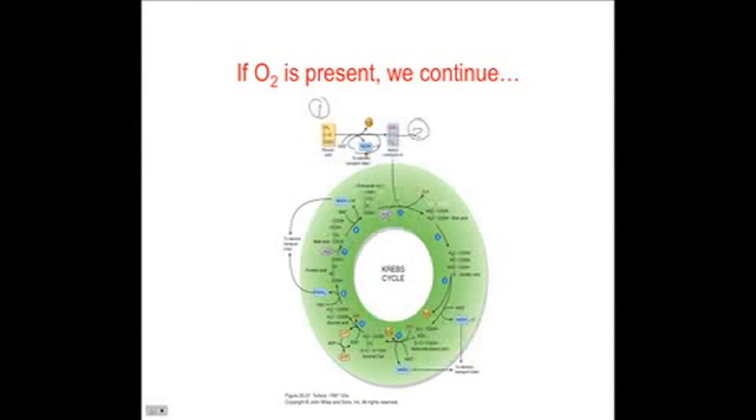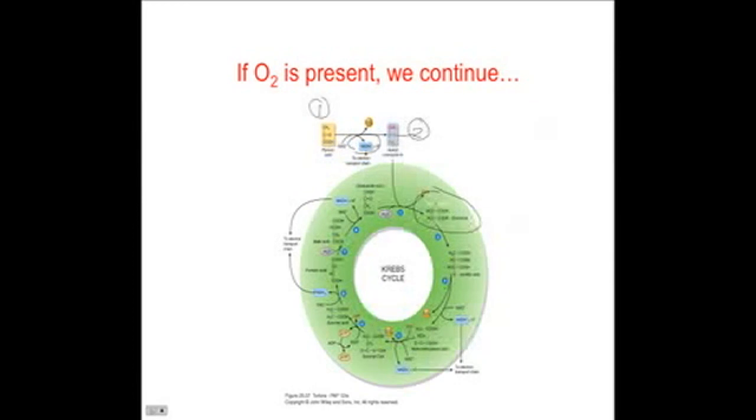Now, here's Krebs cycle, and you can see why it's a cycle, because we start out here at step 1. Acetyl-CoA comes in, and it combines with oxaloacetic acid and makes citric acid. So this is why we sometimes call this the citric acid cycle, because the first step we make citric acid, and then we go through kind of like we did with glycolysis. There's a series of steps, 8 steps here, and as we're going through, all we're doing is shifting the